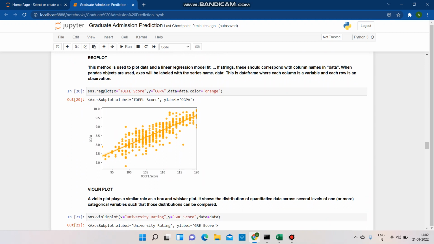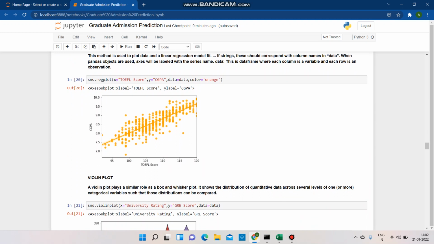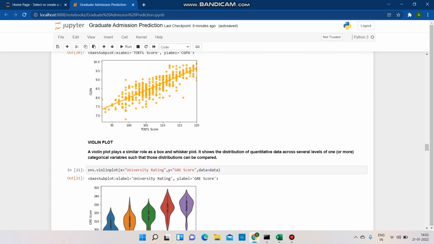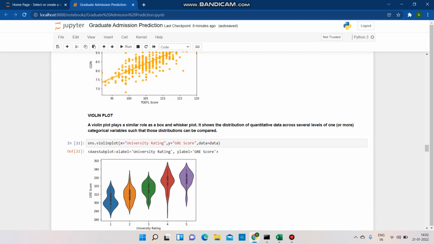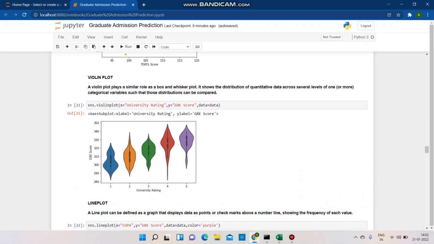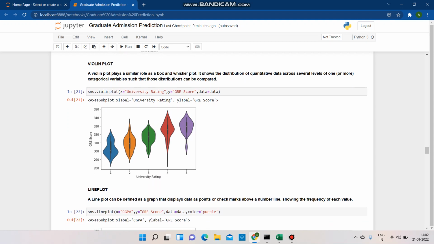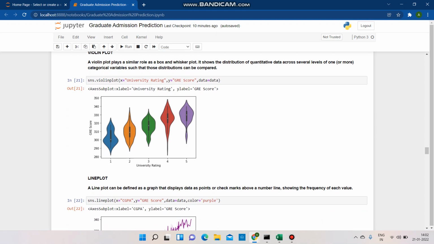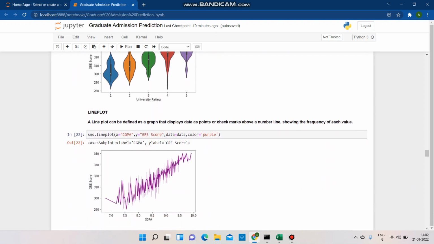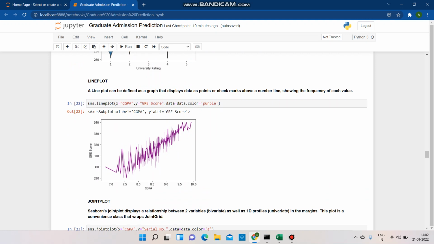So we can see a straight line going from CGPA to TOEFL score. Now we will use a violin plot, which is another substitute for the box plot. This is also known as a whisker plot. It will give us the distribution of quantitative data across several levels. So you can see the plots, and the line plot I have used, which will give you the